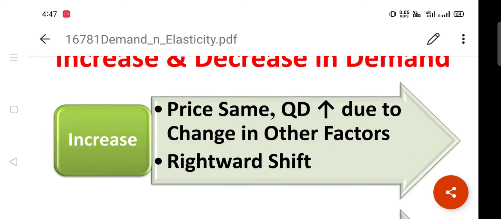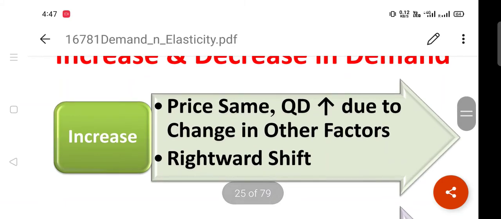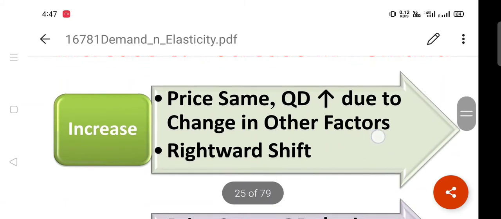Now the next topic is increase and decrease in demand. Increase in demand is a situation where we assume that the price for any commodity is fixed or constant, or the price is the same, whereas there is a change in quantity demanded. When quantity demanded changes or shifts towards the right, it is only possible when there is an increase in demand. So you can say that price is the same and quantity demanded increases due to change in other factors,